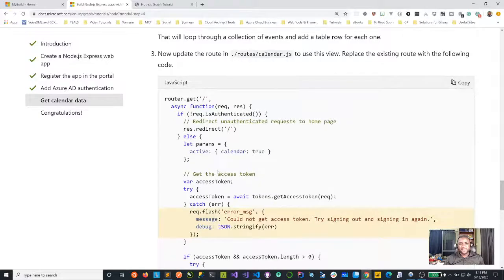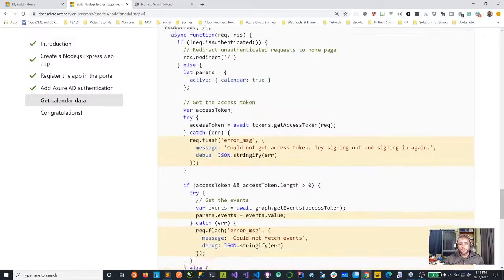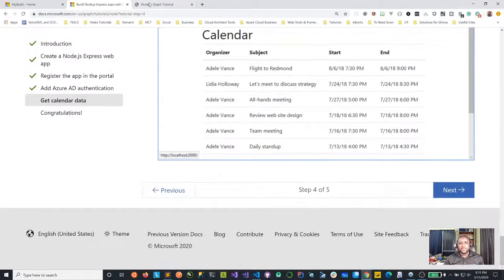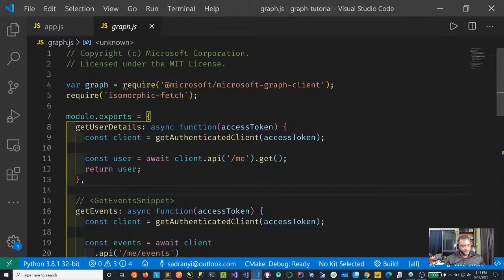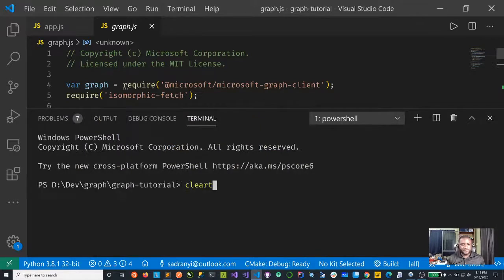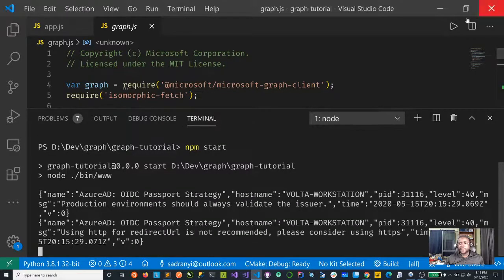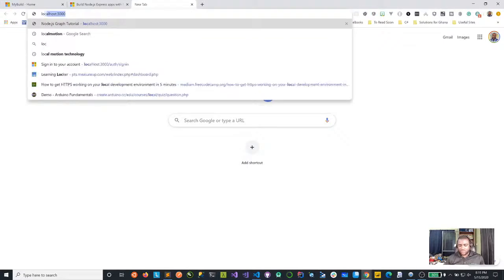And then we updated the routes to show those errors if they existed. Then we just tested it out. So let's go ahead. I'm going to close this and then let's run this again and see if this works, right? So let me bring this here. Let's start it. Yep, running on 3000. Let's go to localhost.